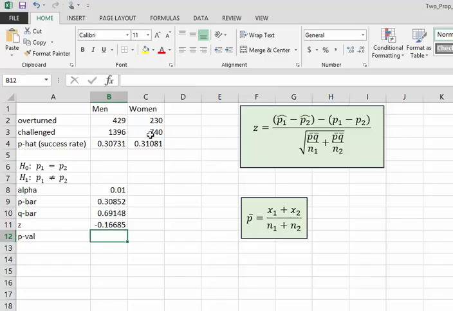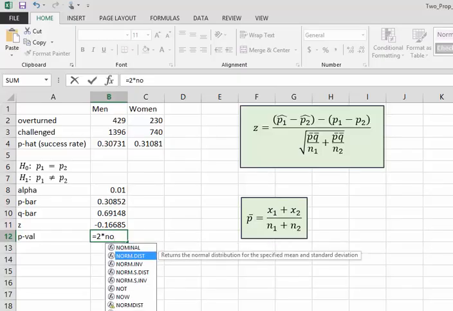So it's relatively close to 0, which means there's going to be a fair amount of area left of it. And then it's a two-tailed test, so I'm going to double that when I calculate the p-value, right? So I'm expecting, again, I was talking earlier about using our intuition, I'm expecting to fail to reject H0 here. Okay, I'm assuming there is not good evidence that they differ in success rates. So let's go ahead and test what I had just said and calculate our p-value. It's a two-tailed test, so I'm going to go ahead and double the probability, the area that I'm about to find, and I'm finding the area left of my z-score, right? And I'm using